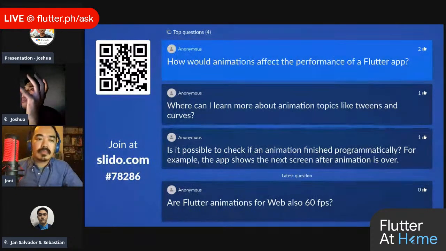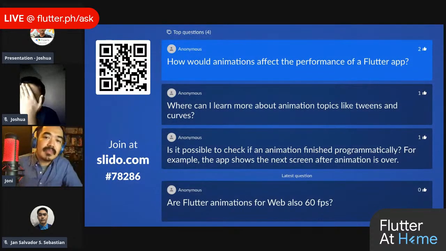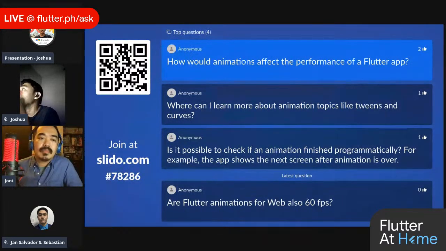That's why we are using the animation controller, which again uses the ticker provider for us to be able to signal our device that this animation needs to reach a specific number of frames per second for it to be able to run smoothly. So again, the animation system in Flutter is probably as fast as what your device can actually offer. So refresh rate 60 or 120. And if you're using implicitly animated widgets, I guess it's best if you just use them